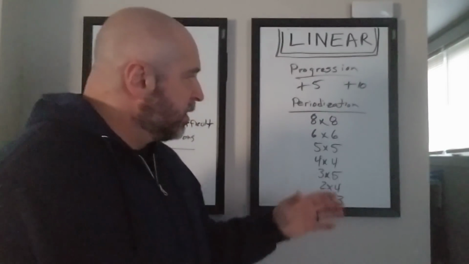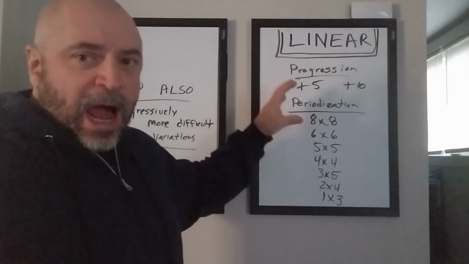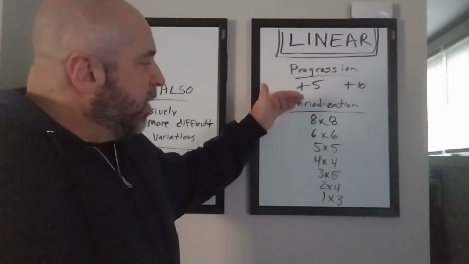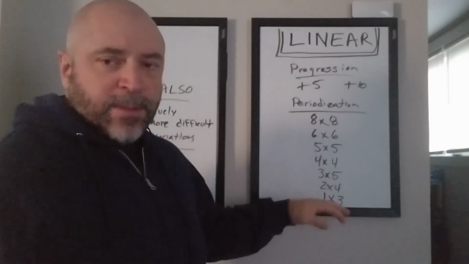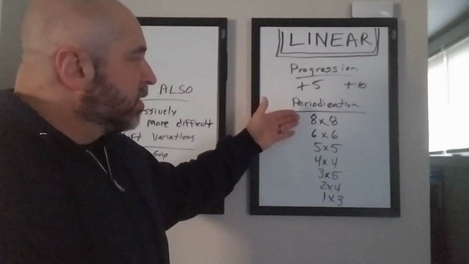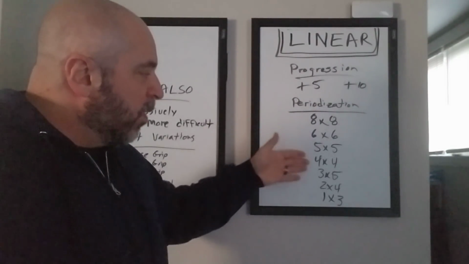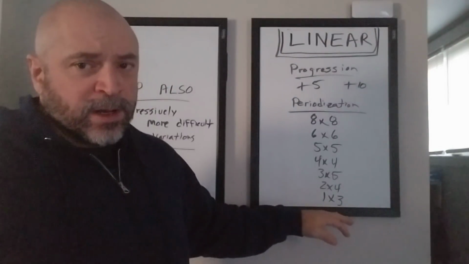Now with linear periodization, and again, there's many different ways to do this, this is just one stupid simple example. You start with a higher volume of reps and a lower intensity, and you transition over time to a lower volume of reps and a higher intensity. So say you can start with 8x8, 6x6, 5x5, 4x4, 3x5, 2x4, and 1x3. And at this point, you're probably working with something around your